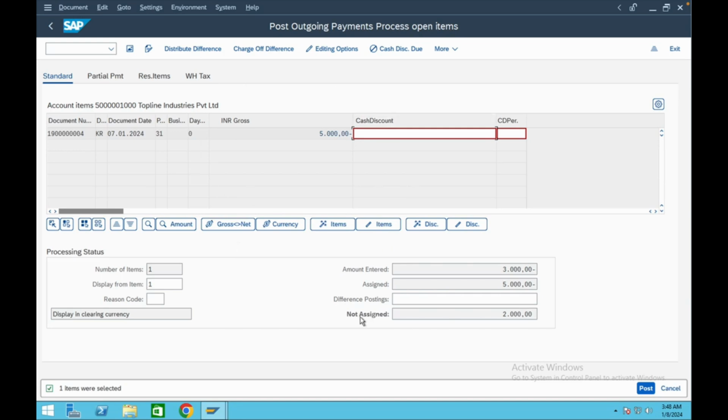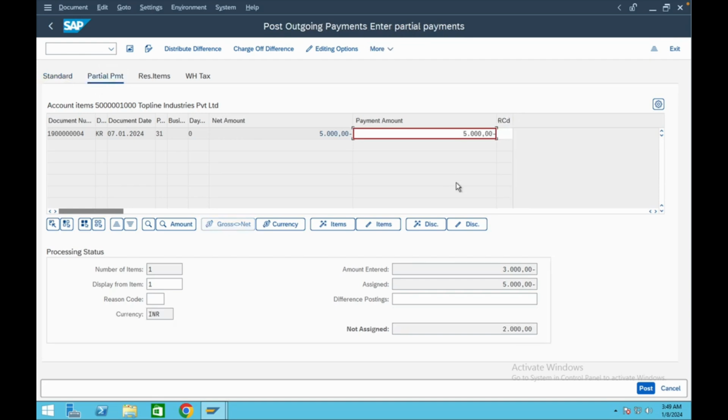Because the not assigned field should be 0. So in order to make that, we have a couple of tabs over here itself. At present we are at the standard tab. Now we should go to the partial payment tab, because we are making a partial payment. So click on partial payment, and now you can see 5,000 rupees over there itself, and this invoice is